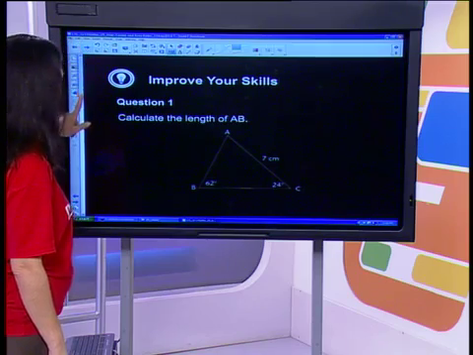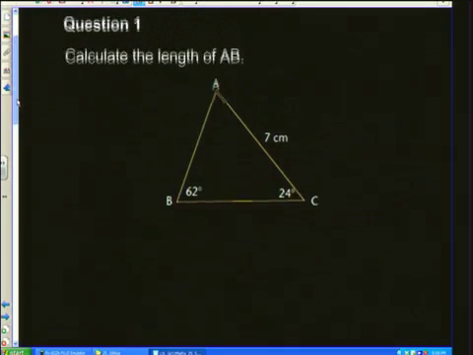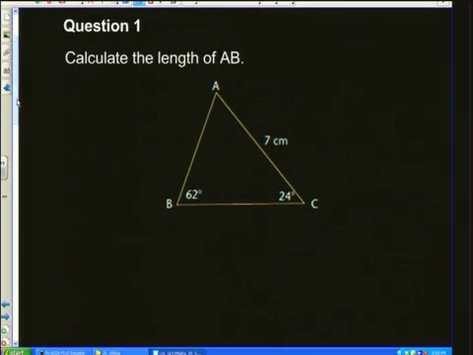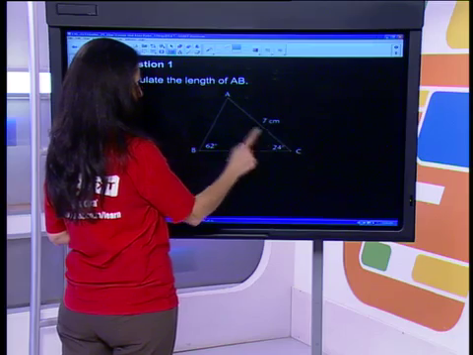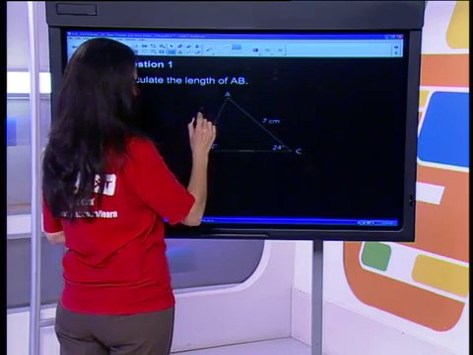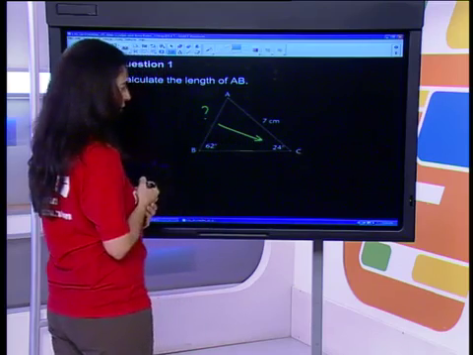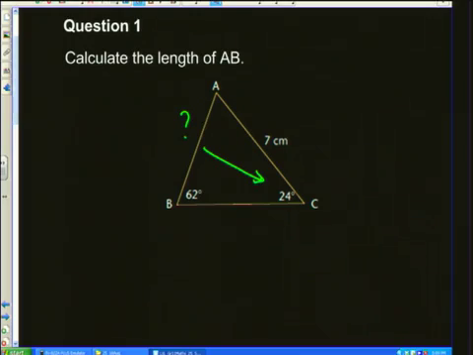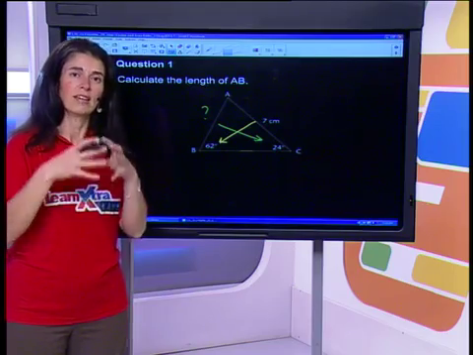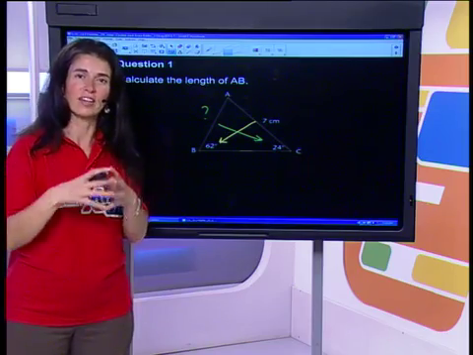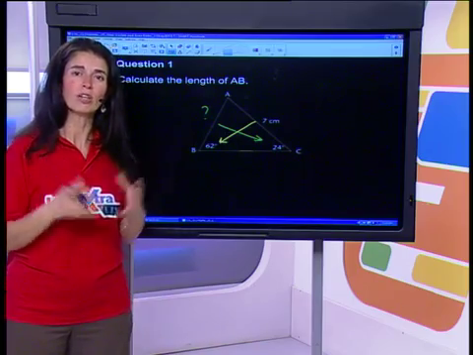We would like to work out the length of AB. Now, if I look at AB straight away, I position my finger at the angle that's opposite that. This is the side that I need, and I can see that it's facing the 24 degrees. I can also see that the 7 that I'm given is facing the 62 degrees. So because the arrangement of the information is facing each other in an opposite direction, we will use the sine